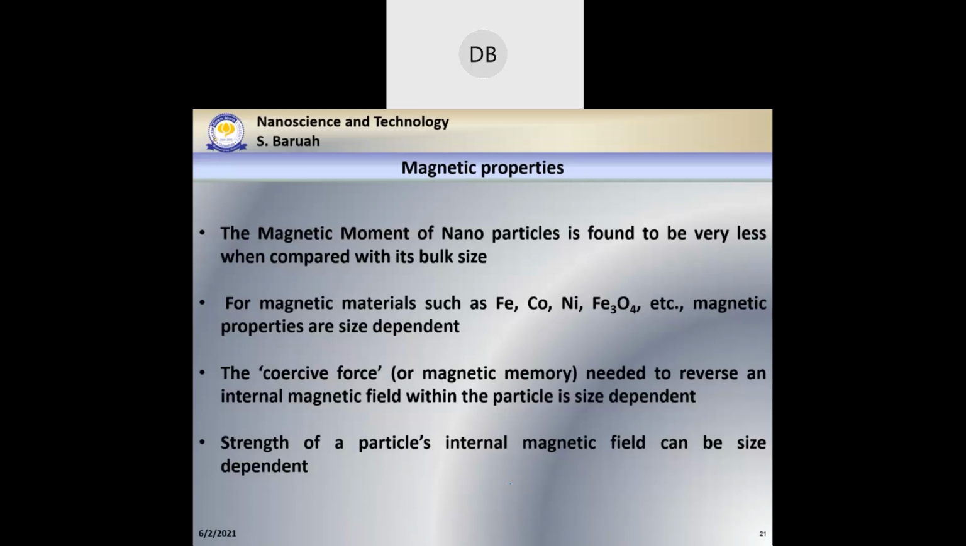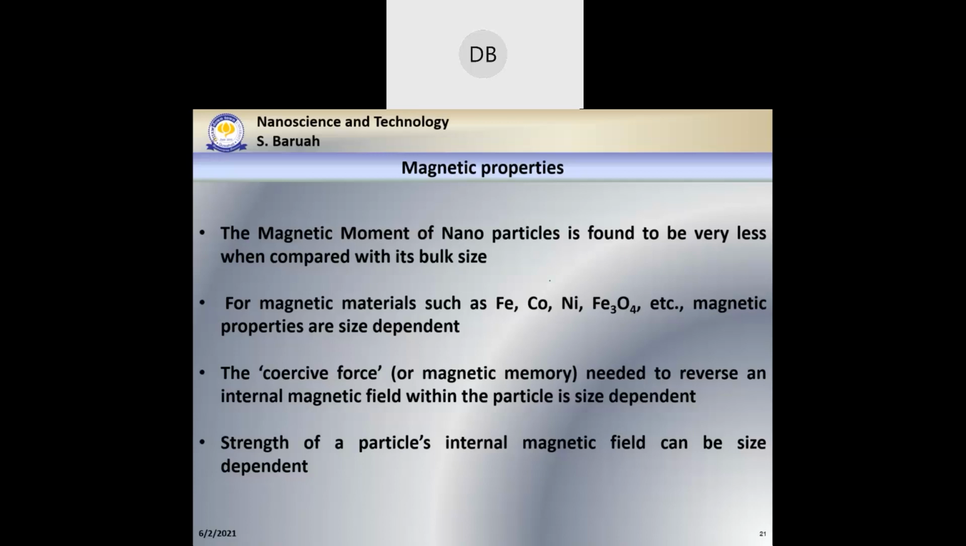Now continuing. Now summarizing the magnetic properties, we already discussed that. The movement from ferromagnetic property to paramagnetic and super paramagnetic property. The magnetic moment of nanoparticles is found to be very less when compared with its bulk size. Okay, so the particle size is very small, and the interatomic spacing also goes narrow, means smaller. So the interatomic